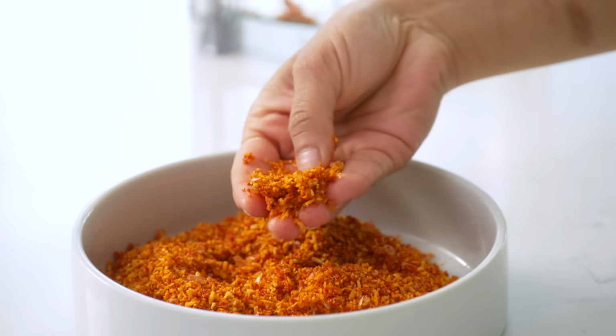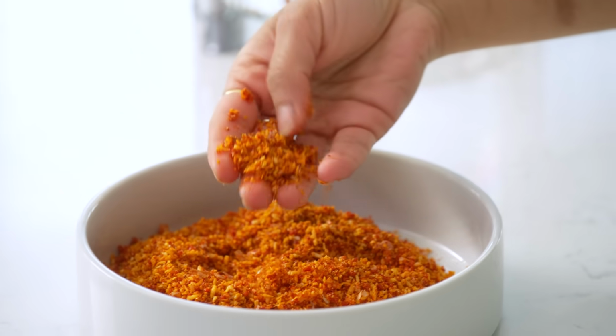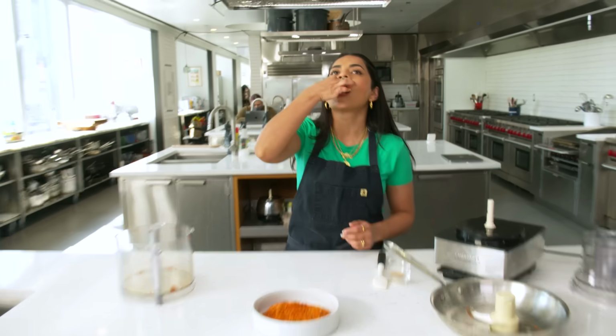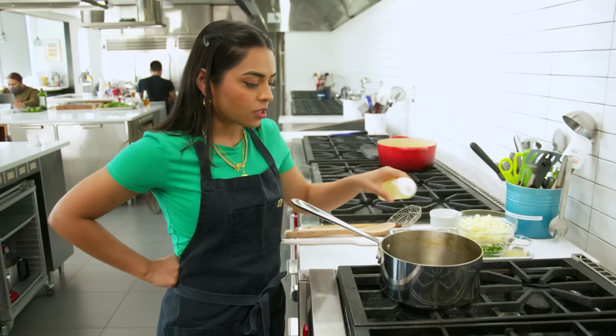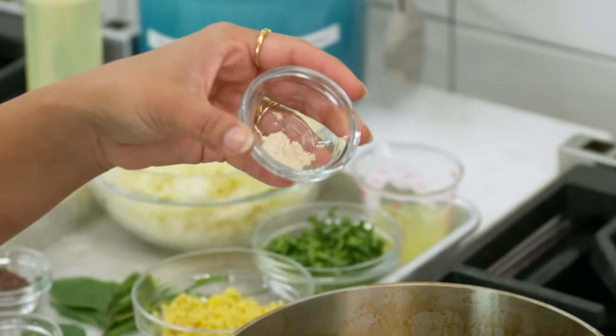When you press it, it should hold together just slightly because of the garlic. I want to try a little bit. Ooh! It's spicy, it's garlicky, it's coconutty. So good. So this potato patty has some hing